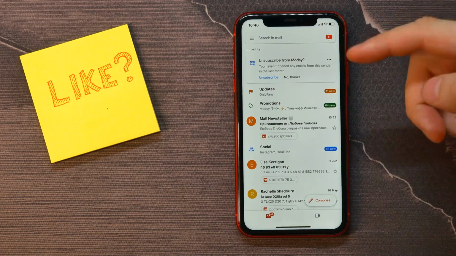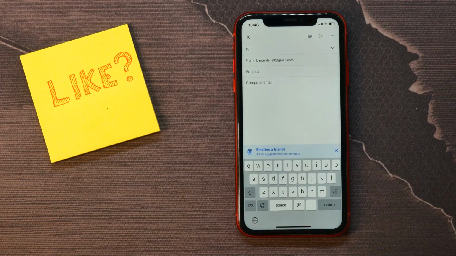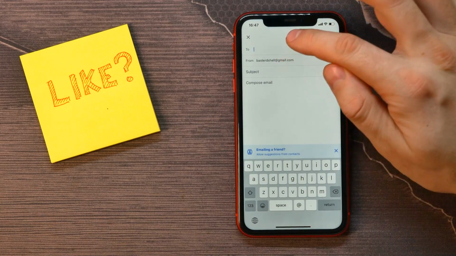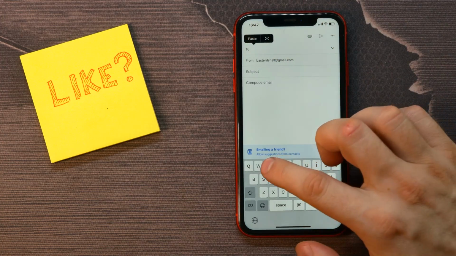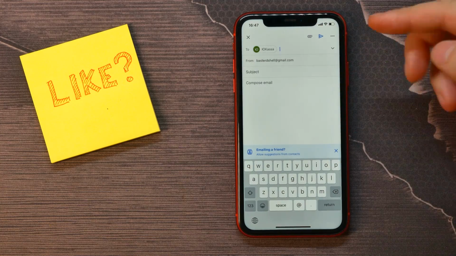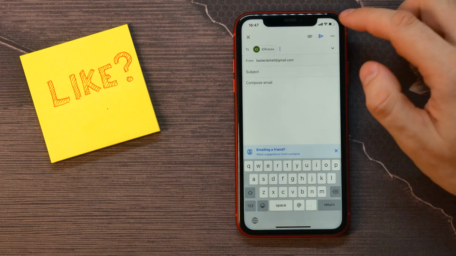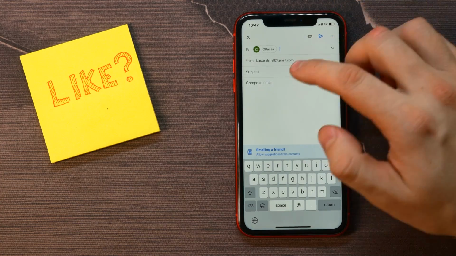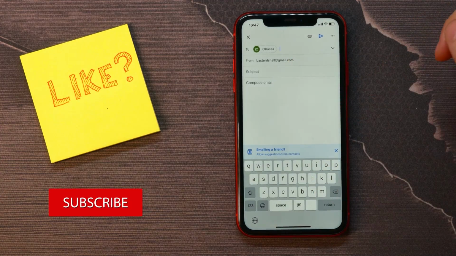Once you have opened up your Gmail application, you need to tap there on Compose to start creating a new email. First write down whom you want to send this email to. I'll start typing like that, and now I can select any recipient that I want or a group of recipients. Now here I can add some attachment, subject, and the main text of that email, and once I'm ready